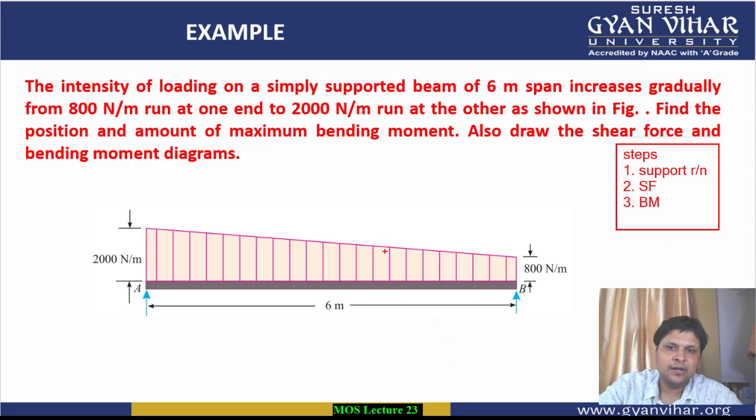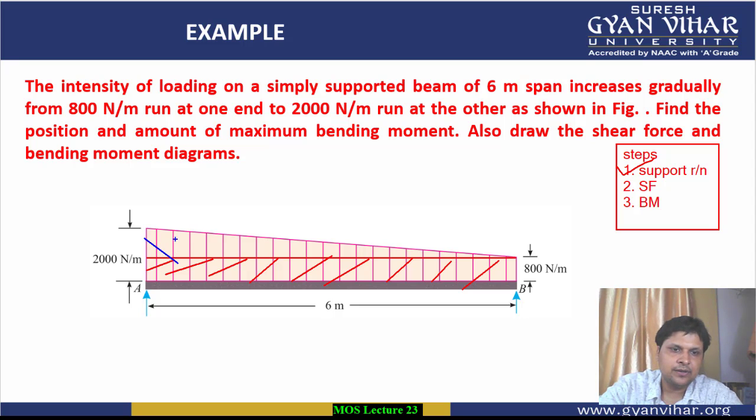So first of all, we will calculate the support reaction. How will we calculate? First of all, as you can see here, the UVL is not zero at one end. So for that, you will have to split this section into two in this way. You will draw a horizontal line. Now the whole of this load has been replaced by a UDL and a UVL. This is the UDL first of all, students. And then you have a UVL.